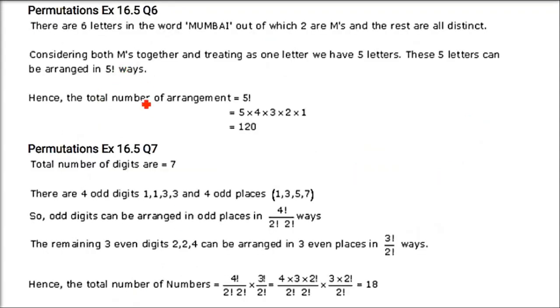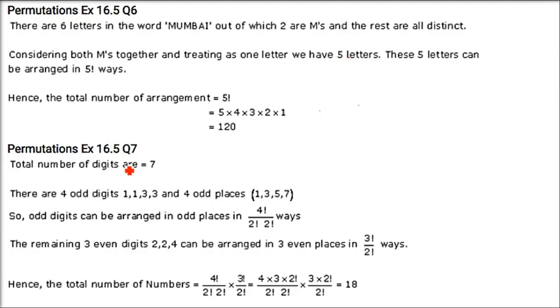How many words can be formed by arranging the letters of the word Mumbai so that all M's come together? So M has to come together. So just fix them together. MM are together. So you have taken 2 out of these 6 letters. So how many are remaining? 4 are remaining. 1, 2, 3, 4. So 4 are these positions, 1 position for MM. So 5 positions are there. Now you can have a permutation 5P5. So it will be factorial 5, 120 will be the answer.